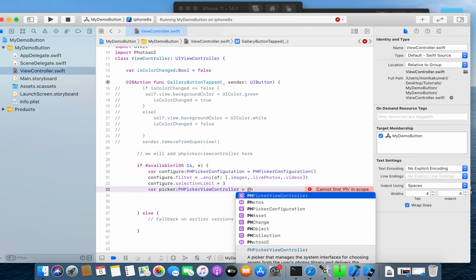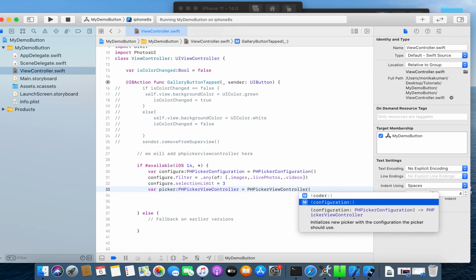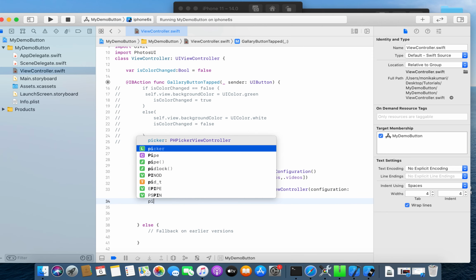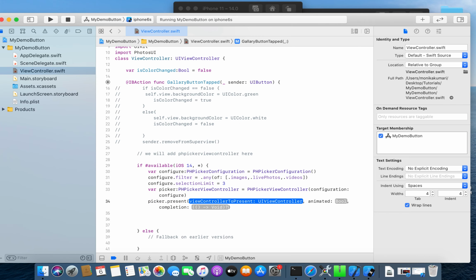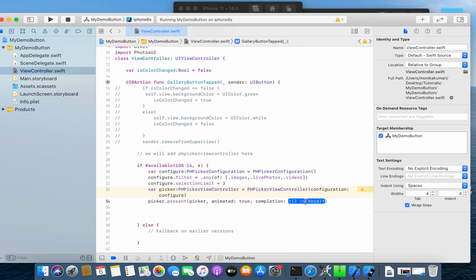So how will I do that? PH picker view controller and then brackets, and then I will add a configuration object over here. And now I will present this picker. Picker dot present, and I will add a picker object over here. Animated will be true and completion will be nil.